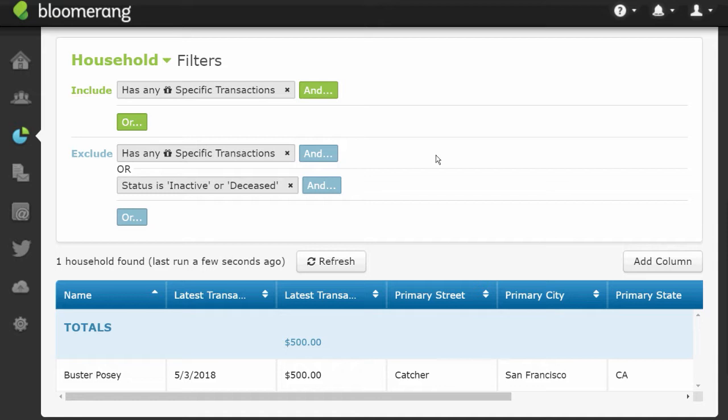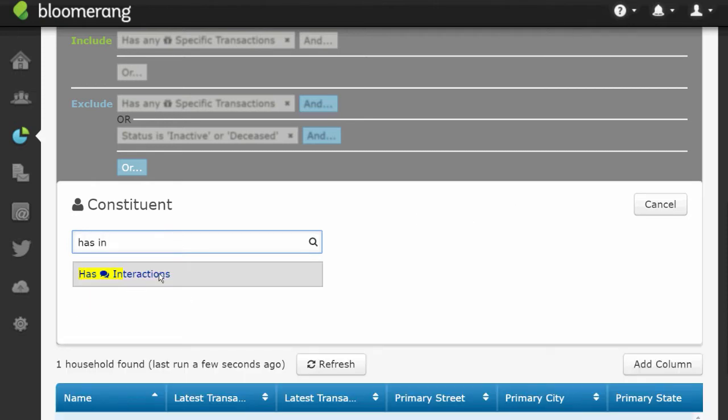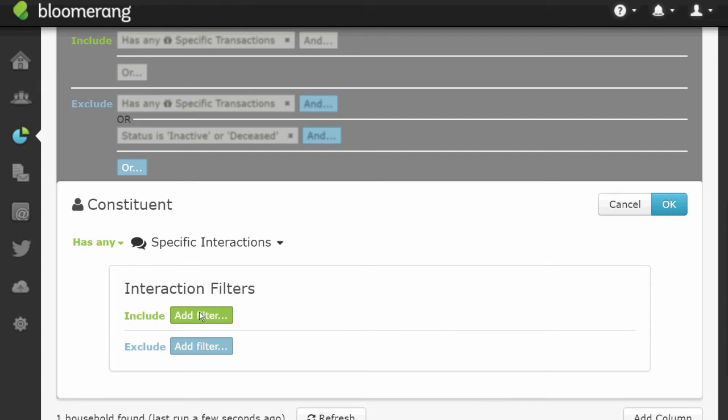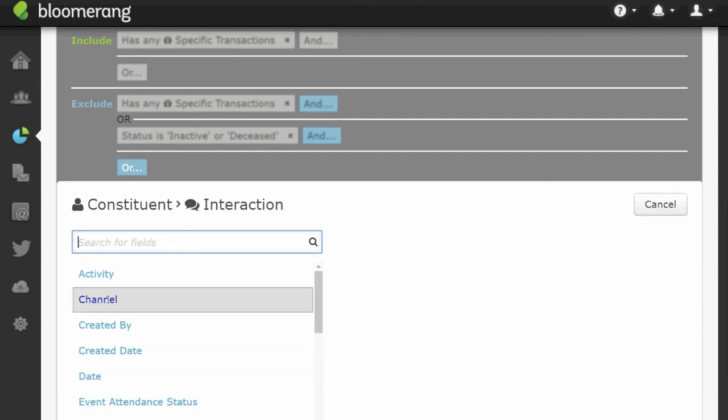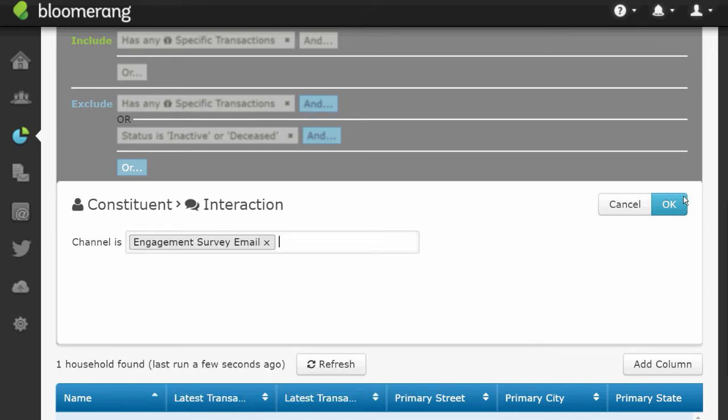However, if Buster responded to my survey, then we don't want to send him this letter. We only want to send this to people who either don't have an email address or who got the survey but didn't respond to it. So we'll add one more exclude button here with an or for constituent has interactions. Has any specific interactions where the channel is engagement survey email. If you responded to that email,